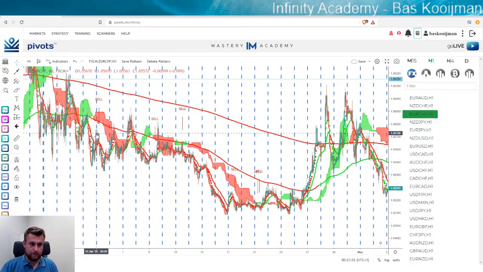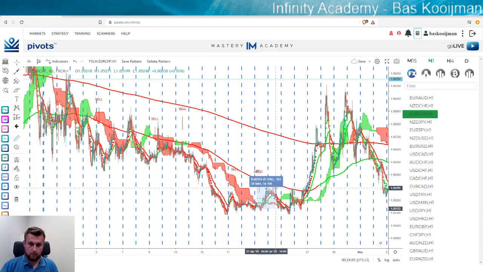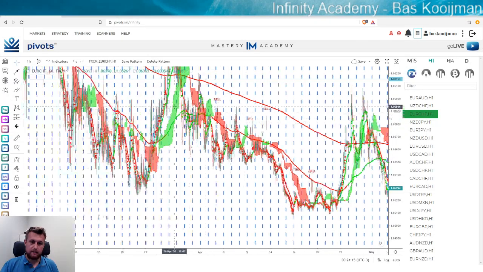So here we have one sell opportunity for 30 pips. Here a sell opportunity that first gets some drawdown, then the second sell opportunity with about 40 pips, and here again sell with some pullback and then still reaching entry point. So I will not say and state that every entry is gonna be perfect, but the main point for the